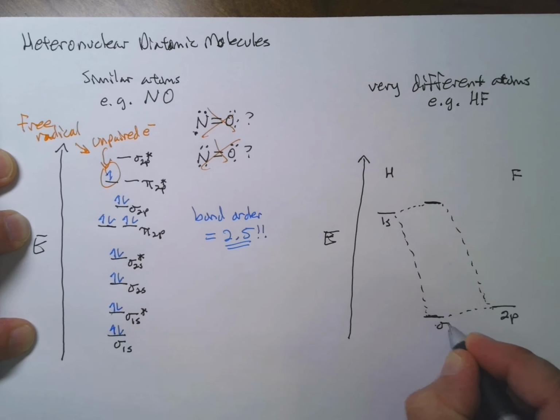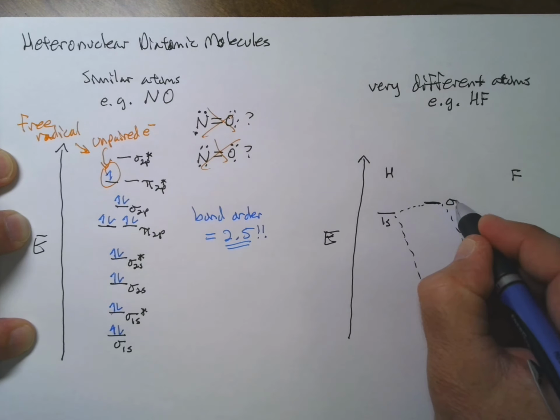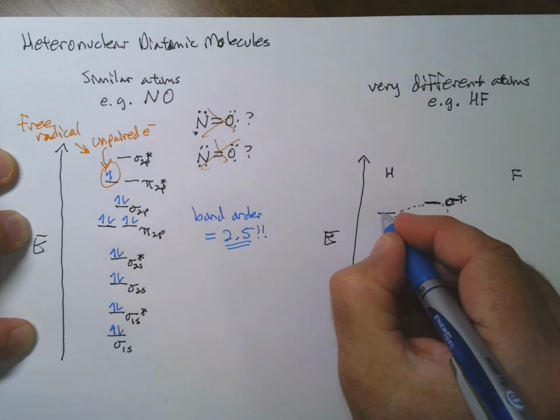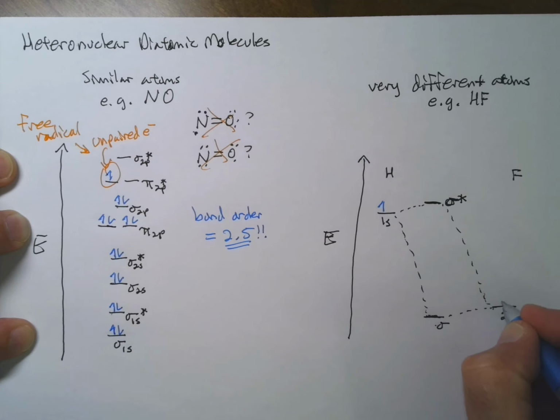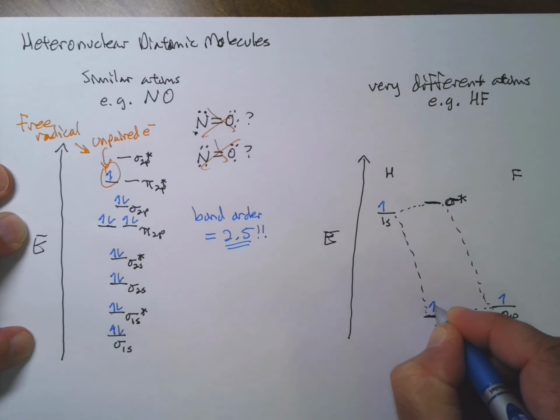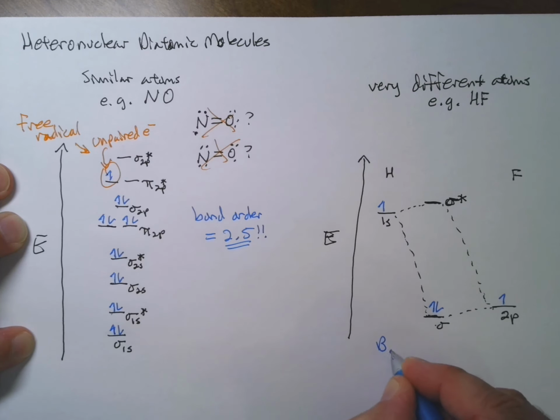So I've got my sigma and my sigma star, and hydrogen brought one orbital to the party, and this 2p orbital brought one electron to the party. So I have 2 electrons. So my bond order equals 1,